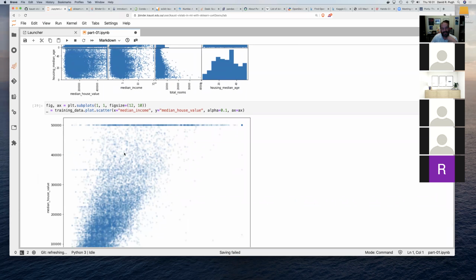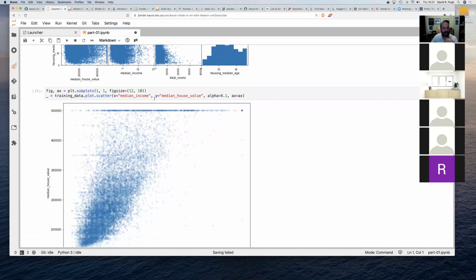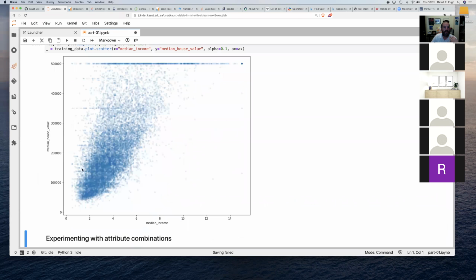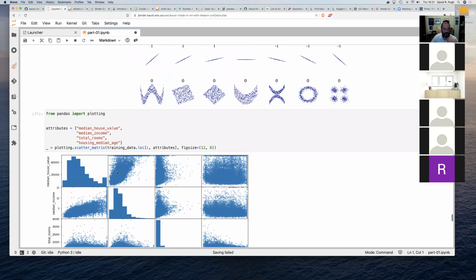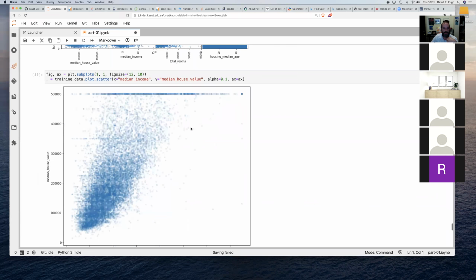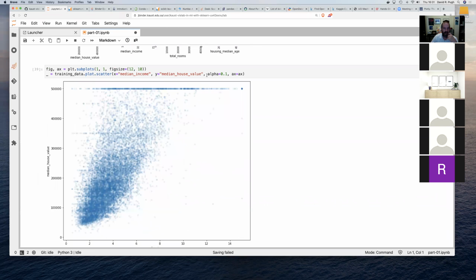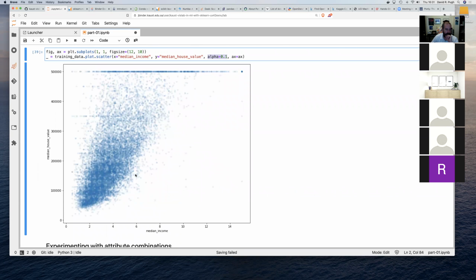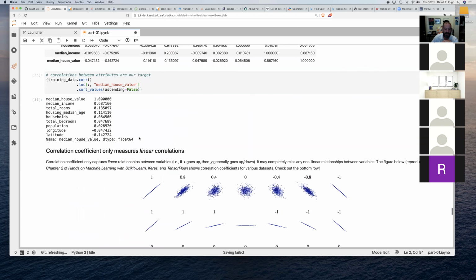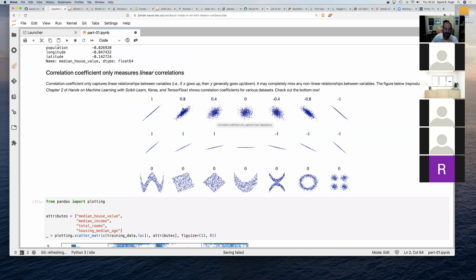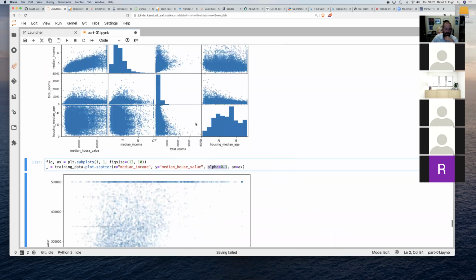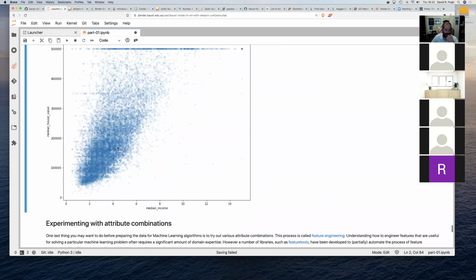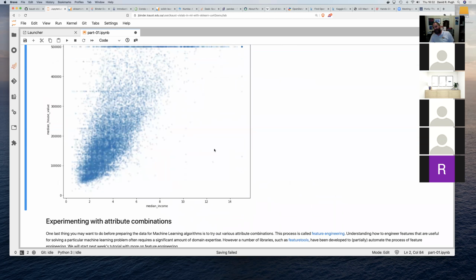So here's an example of code for a single scatter between median income and median house value. This one is really squished together, so I made it bigger and then made each of the dots a bit transparent, so you can see the scatter a little bit better. And you can see that this looks more closely like a linear relationship than any of the other relationships in the scatter by far. And again, this kind of makes sense. I mean, income is,